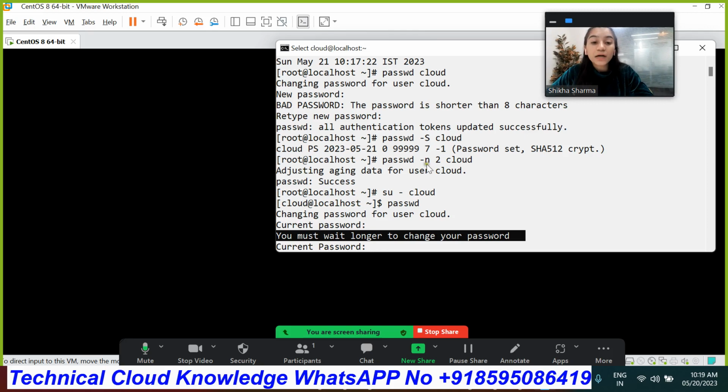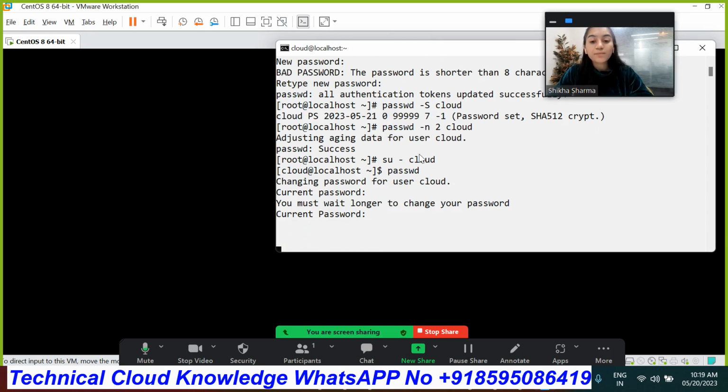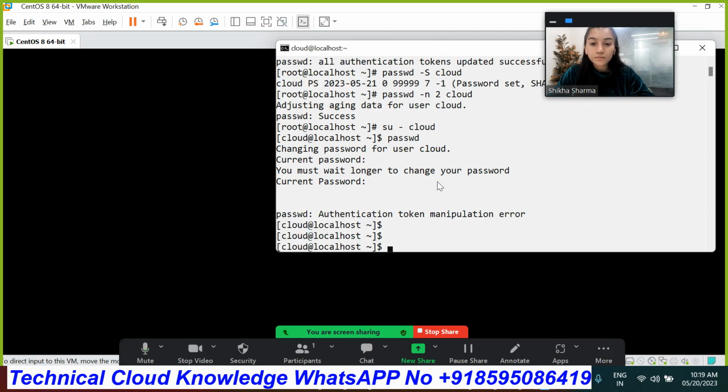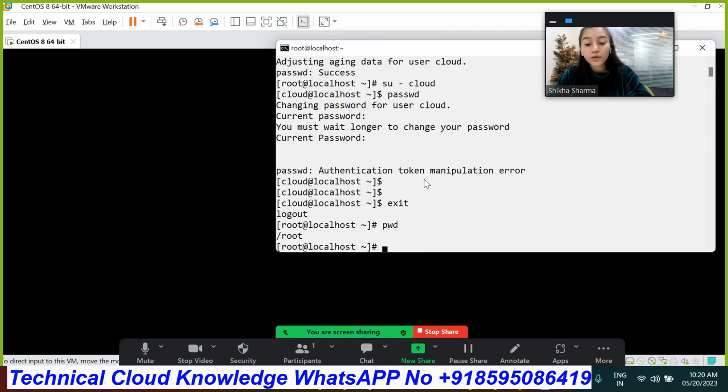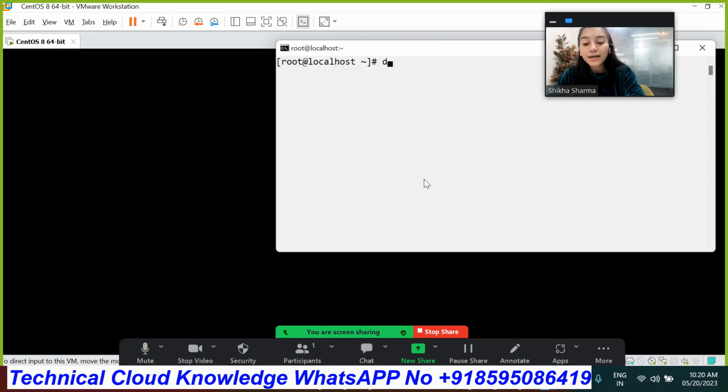As we have executed the command, we are eligible to change our password after 2 days. We do not need to actually wait 2 days. We can change the date and set it according to ourselves so that we are able to change the password. Okay. So first let's exit from here. We are at the root user now, in the root directory. Let's clear the screen. So let's change the date. Let's make it after 2 days.